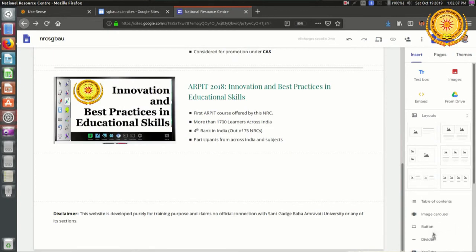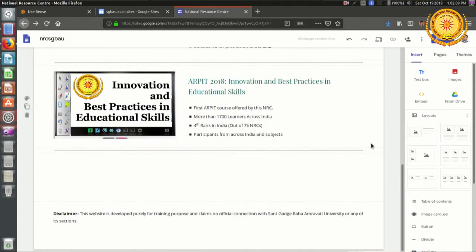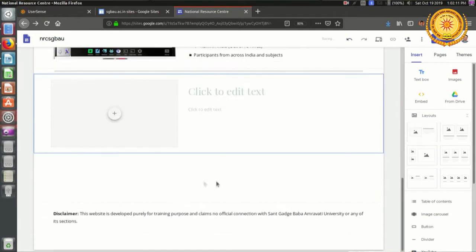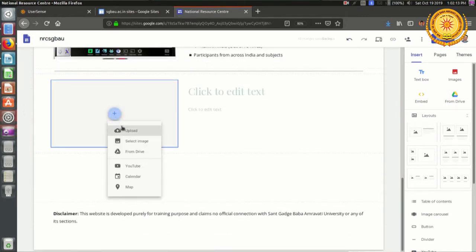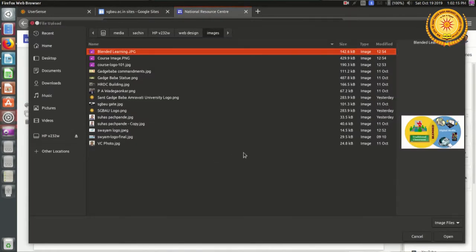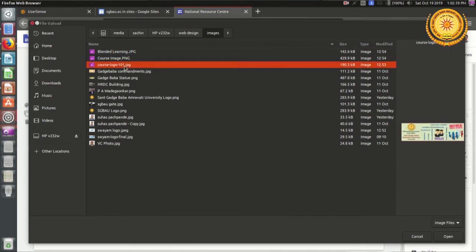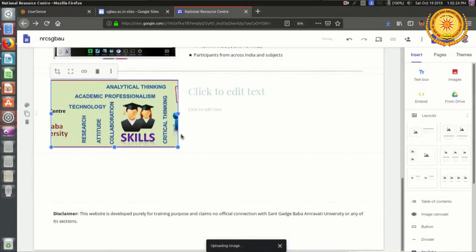Next, put a divider, again add a layout, click this upload. Now I want to add the image for this year course, and that image is this one, course logo 101, open. So this is the image.